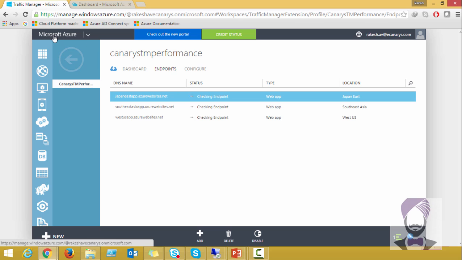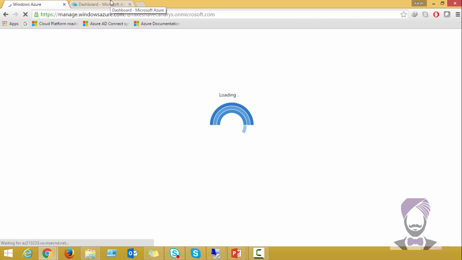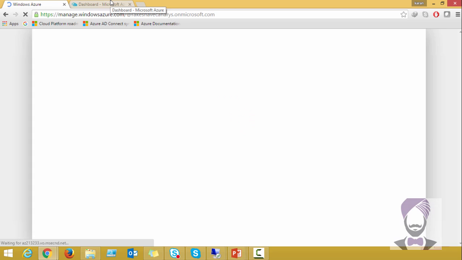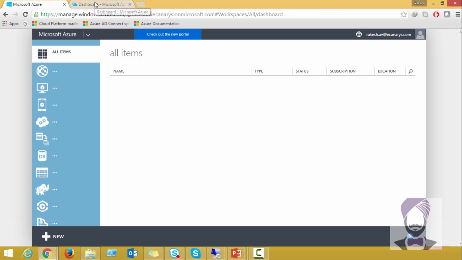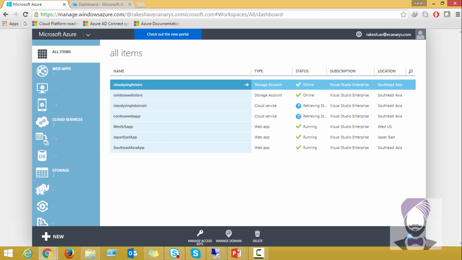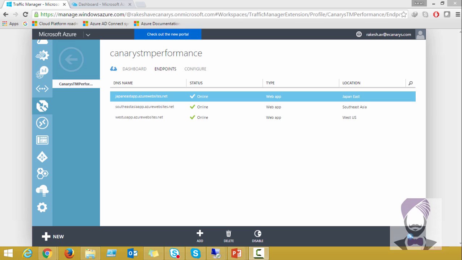I'll simply refresh. Let's see what is happening there. As you can see, after refreshing it, it shows the status of all the applications. For example, this application that is being hosted in Japan, it's online. The other application that is in Southeast Asia, it's also online, and the last one that is in US, that is California, it's also working, it's online, right? So using this,